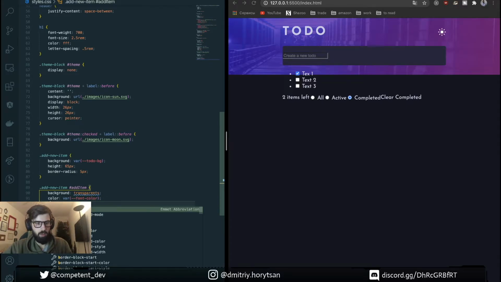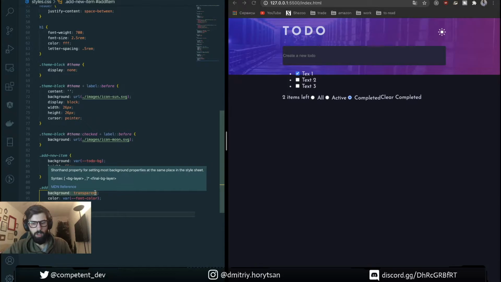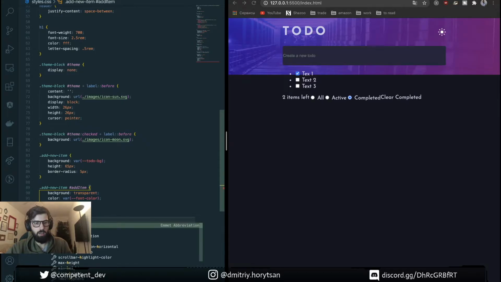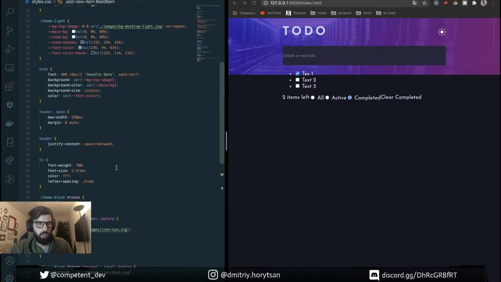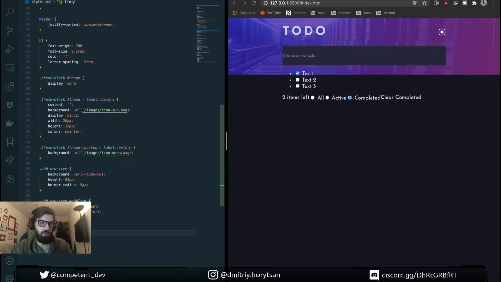Then border 0, outline 0, to remove things when you don't need it. Width 80%, height 50 pixels, and we need to define here a font because it's an input item, so styles on body don't work here. Okay, looks good.